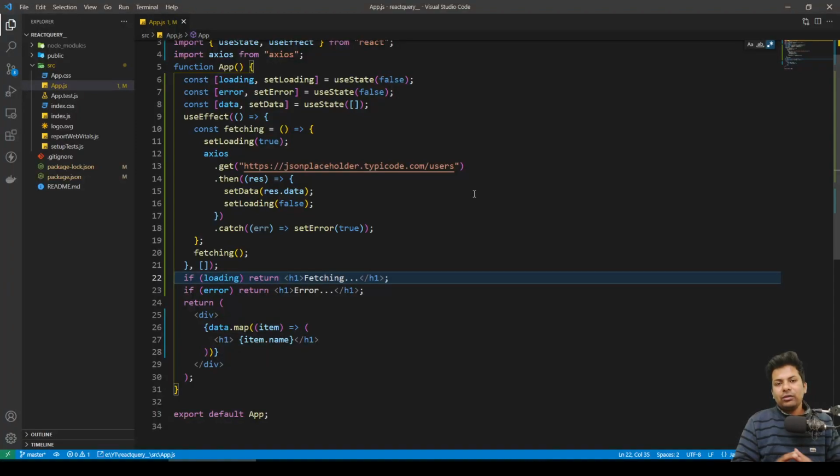Hey guys, now we're gonna see React Query, which is a replacement of Axios. You can use Axios in React Query itself, but I prefer not to use just Axios because there's so much.